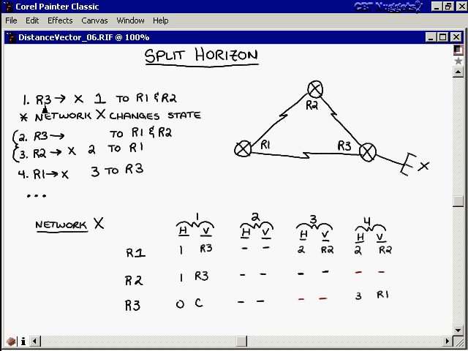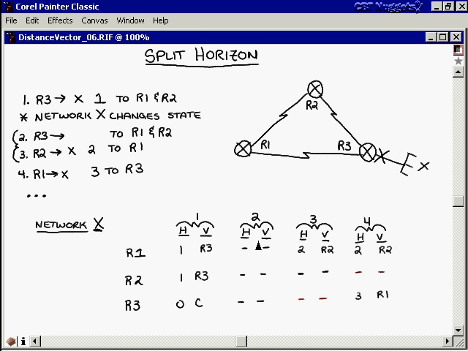Here we have R3, as we did before, and in its first step, it's going to send an update out that says to get to network X, it's 1 hop away, and it's going to send it to R1 and R2, both of these routers. So here we have exactly what we had before: 1 hop through R3 for both those entries, and directly connected here. All right, we have the changes we did. This network goes down, and now there's going to be a triggered update sent here at step 2. This triggered update is going to omit any reference to network X. So the result: